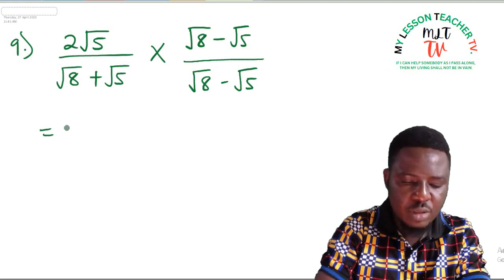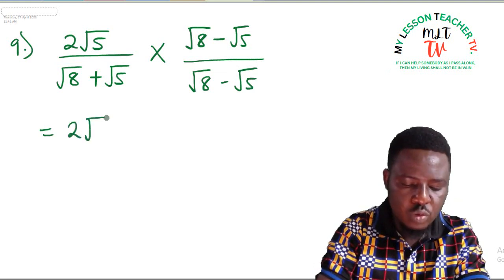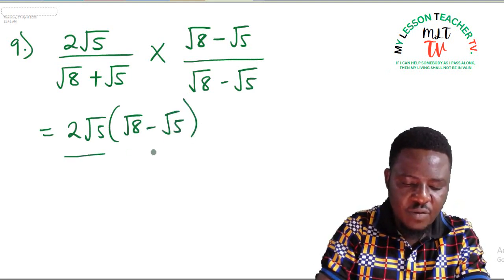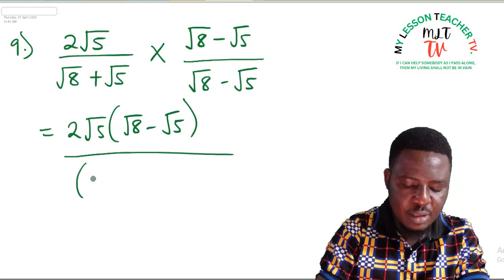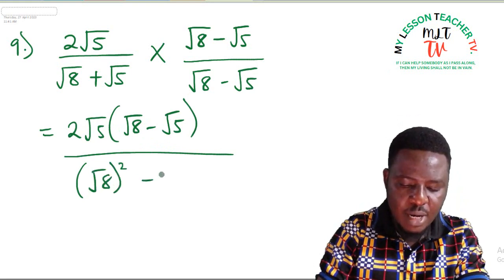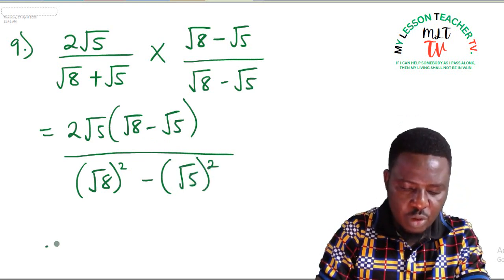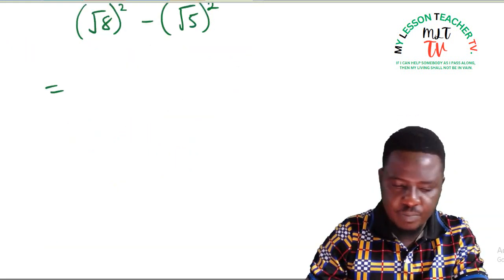When you multiply out, this becomes 2 root 5 into root 8 minus root 5 divided by, applying the difference of 2 squares, we have root 8 squared minus root 5 squared. When you simplify further,